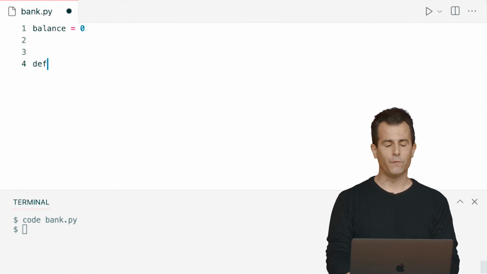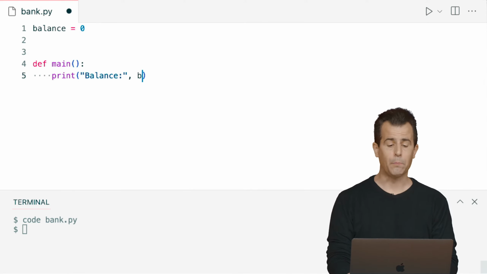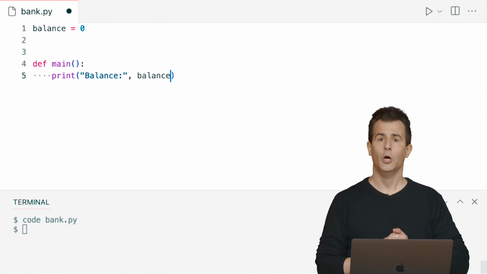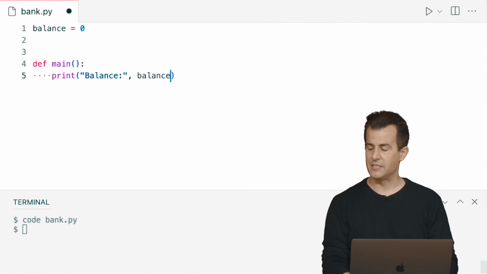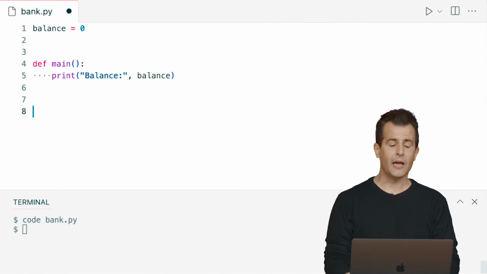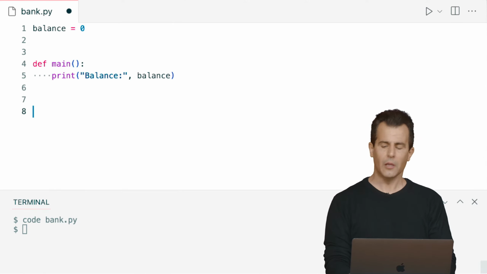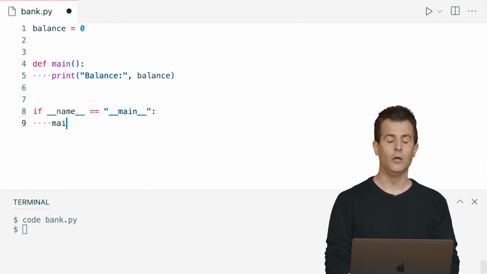Now let me go ahead and define a main function, as we often do. And inside of my main function, let me go ahead and print out, quote unquote, balance, and then print out the value of balance itself, passing to print, as we've often done, more than one argument so that they get separated by a single white space. And now, since I have a main function, really setting the stage for doing more interesting things soon, let me go ahead and do our usual: if the name of this file equals underscore underscore main,